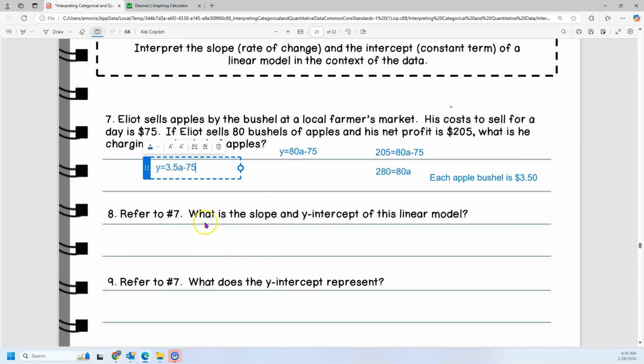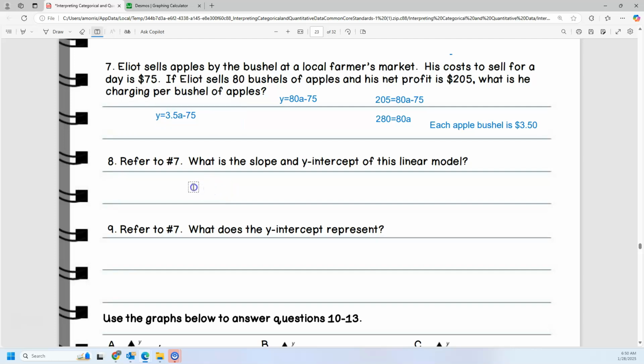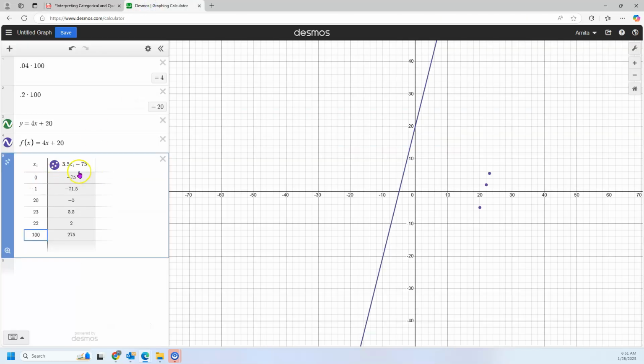All right. What is the slope and the y-intercept? We said the slope is 3.5. And then the y-intercept, we're starting off at negative 75. The y-intercept, okay. What does the y-intercept represent? When I sell zero apples, I'm still in debt by